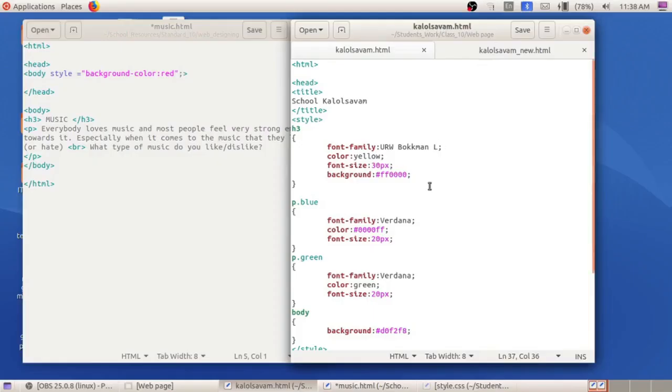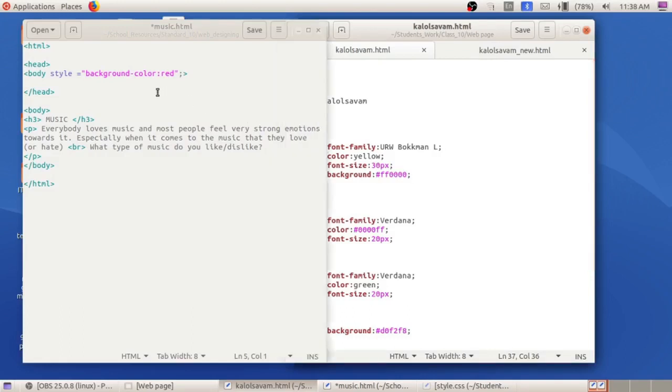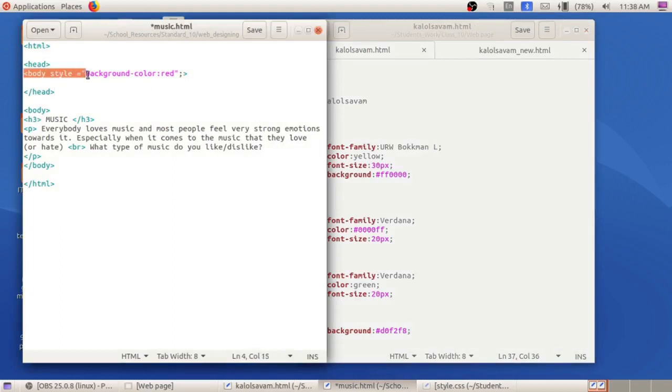How to add cascading style: CSS can be added in three different ways. The first one is inline. Inline means we can give the style in a single line like this. Don't open the style tags. Just give body, then type style equal to background color equal to red, so that our web page will appear in red color. For a paragraph, type P, then space, style equal to font color. So in a line we can apply this style tag. That is what is known as inline.